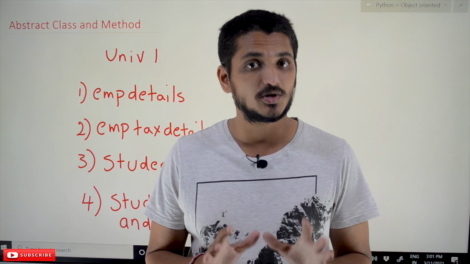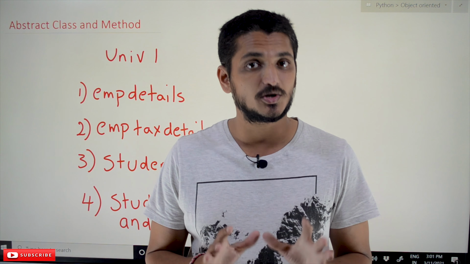University 1 requires, as the first functionality, that it has to maintain the employee details. It will give some logic, the way we have to maintain the employee details. Like that, University 1 will provide some functionality, and that is noted. And the same functionality is required for University 2 also. Usually it will be the same for all universities.